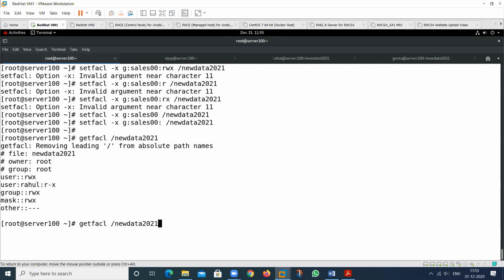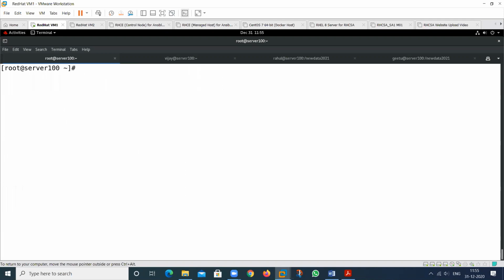If you forget this one, see here one more concept. If I applied this one, and the username is admin, then see by using getfacl.